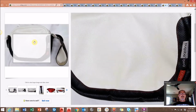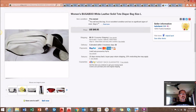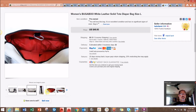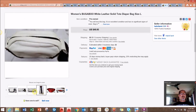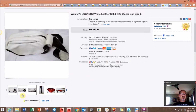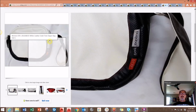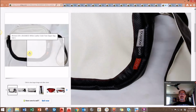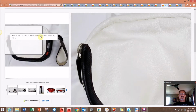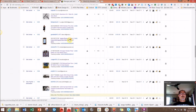And then this was a nice little pickup. This is a diaper bag, tote style. It's full leather. It's really actually pretty nice. It's got some really thick straps and really nice hardware on it and everything. It's made by a company called Bugaboo. I've heard of the brand before, but I just didn't know it was that high end. And we ended up picking up this at a flea market for $5. It was in excellent condition, and sold it for